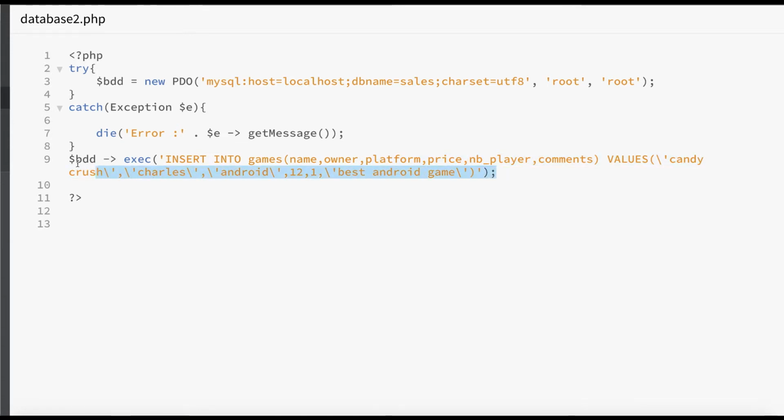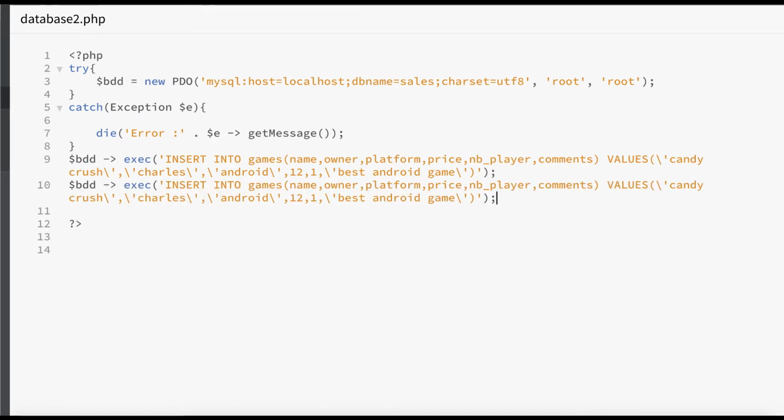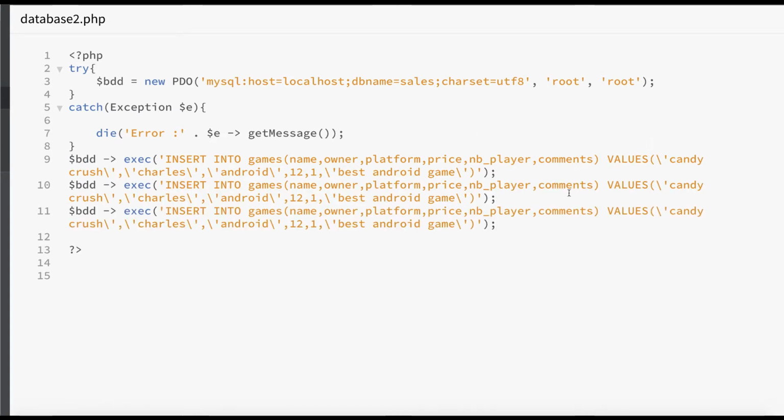So let's just add 2 more games. Okay, so the second game we will say Subway Surfers, that's also owned by Charles and runs on Android. Here the price will be 10, 1 player, and here let's say best running Android game.